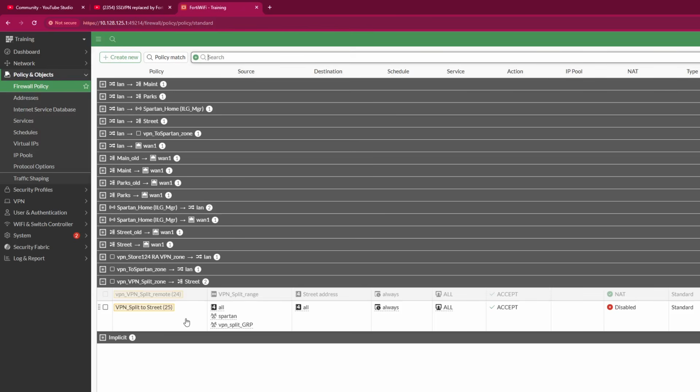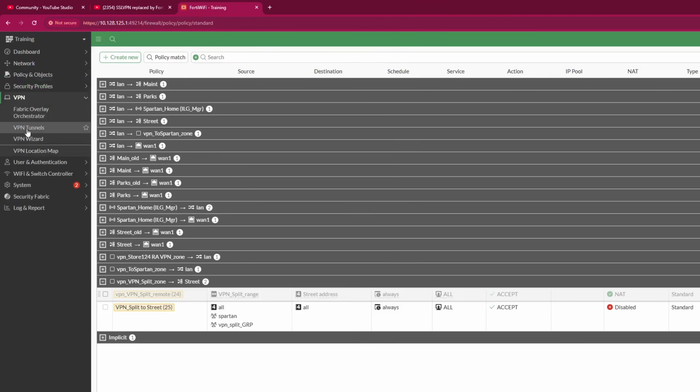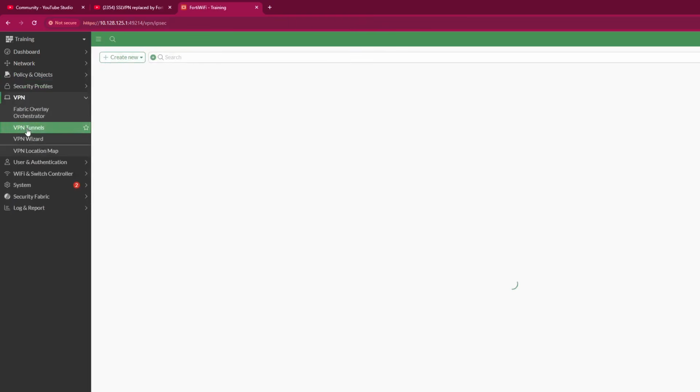So if you want to convert a split tunnel into a full tunnel, which I've had many users do over time, because they want all traffic to go through the firewall, they want to be able to do many things through the firewall, they want it to be inspected and stuff like that, what you then need to do is go back to your VPN policy, your VPN tunnel, I meant to say,